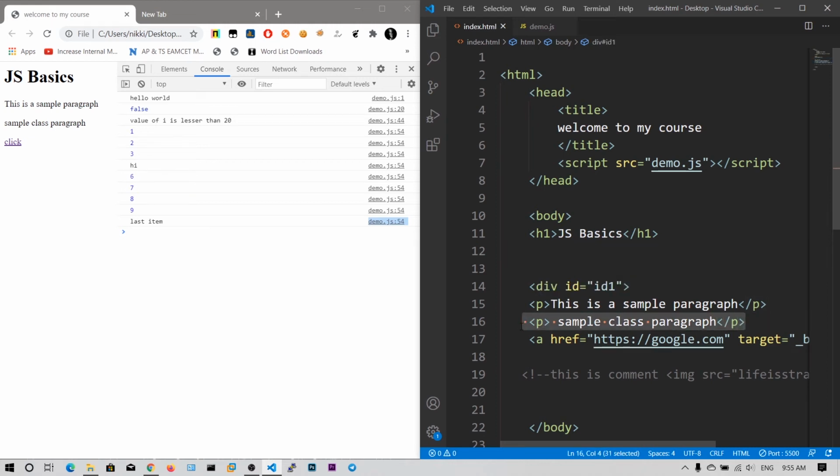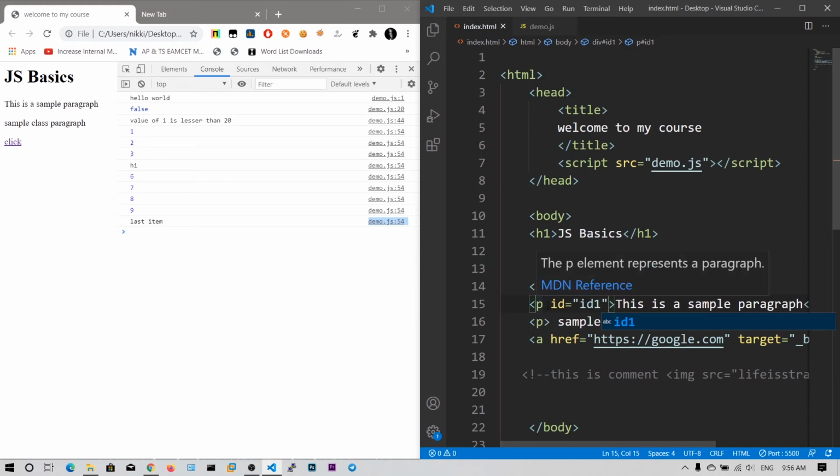Okay, this is the simple paragraph we have here. Now what I want to do is say id is equals to, say, id1. So this paragraph tag has an id1, and we can access this paragraph tag using the document methods.